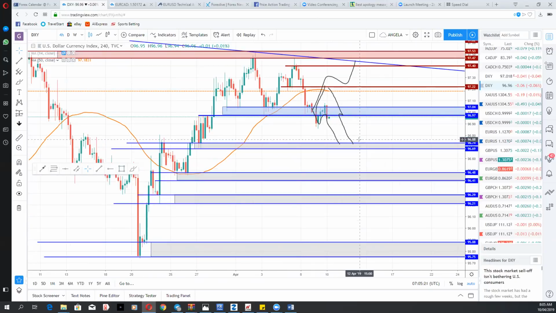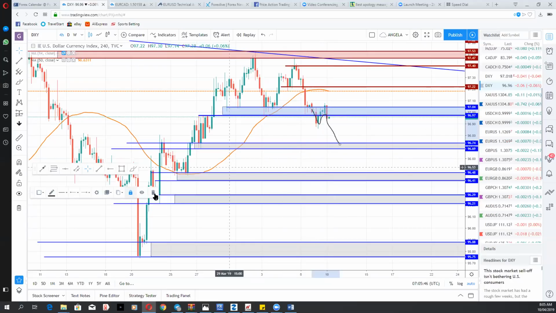If we go down to our 4-hour, yesterday I was expecting the dollar to push up a bit. It didn't. So I'll get rid of this, and this other one. So what's the storyline now? It broke below and went back up. Now it's trying to close below. So this will be reflected in the dollar about to start playing a sideways range movement.